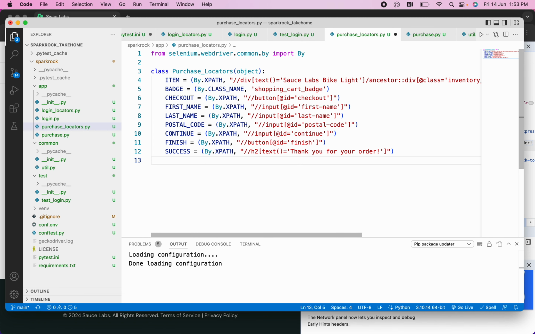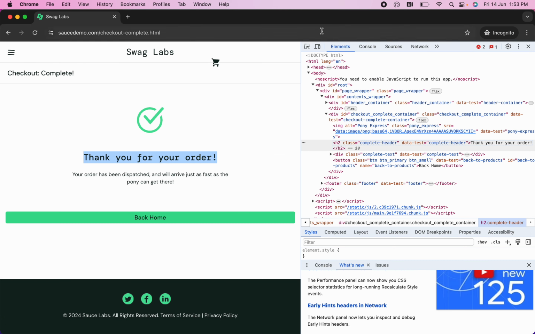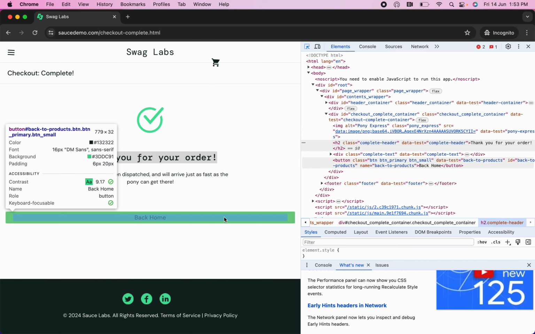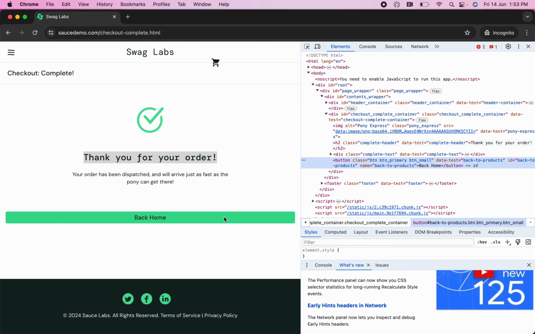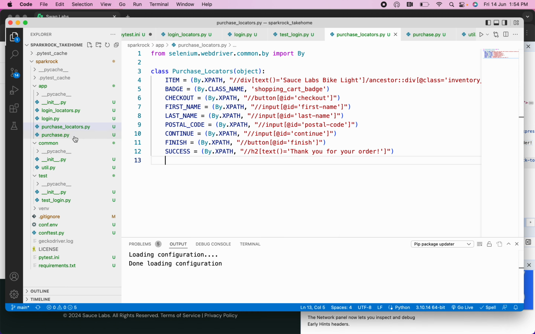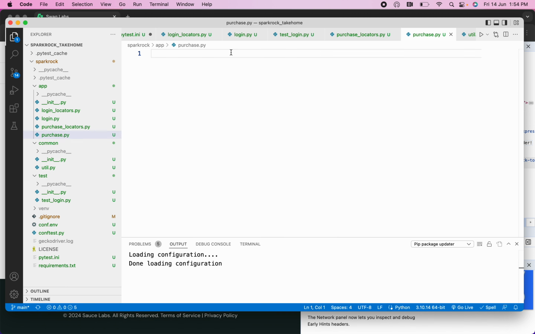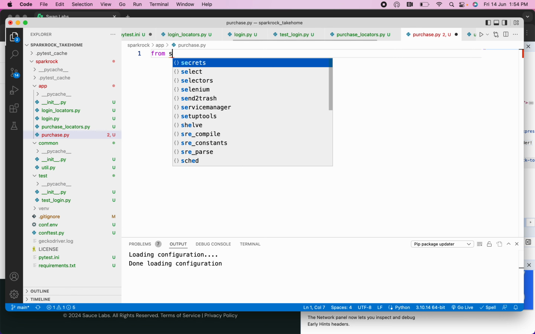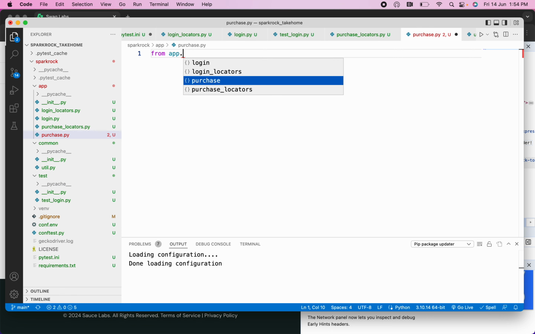Great. Now I think there's this button as well, the back to home button, back to home. Okay, let's not bother about it for now. Now let's try to run over here from app dot purchase